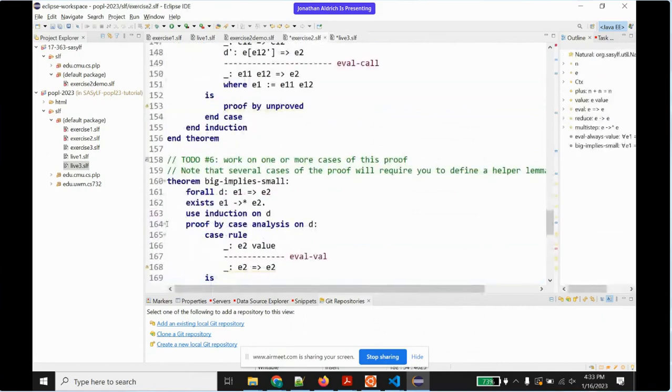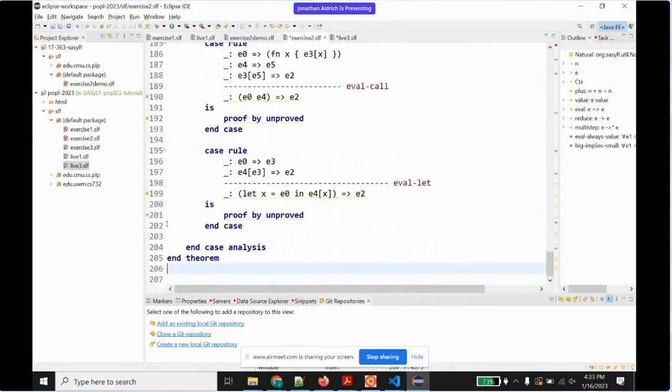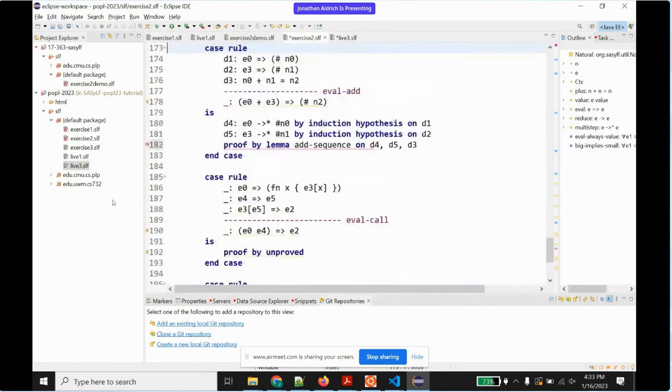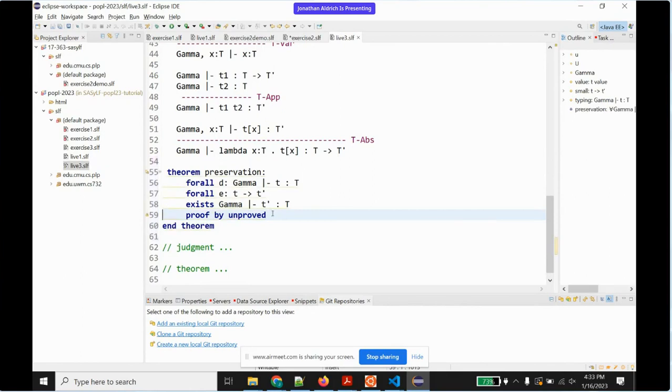And where did I switch it? Go back to live 3. Yes. You can click on the tab above too. Okay, yeah, thank you. I'm very ham-fisted with my typing, so. Okay, so